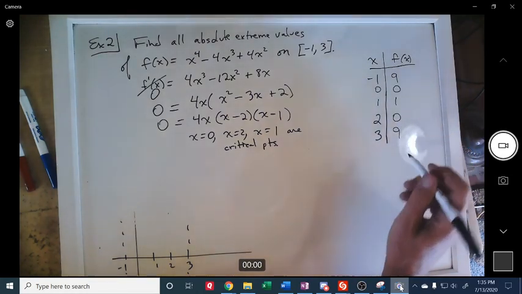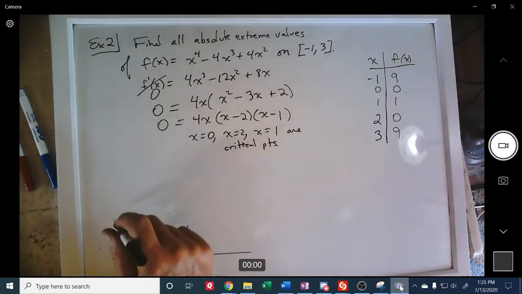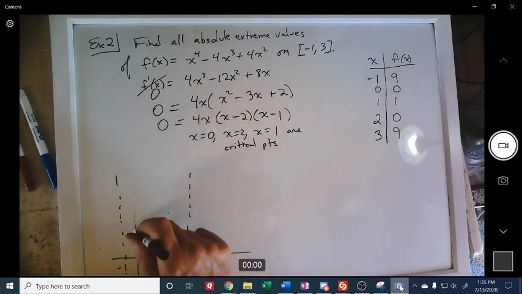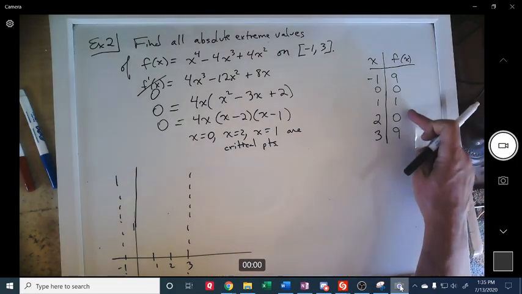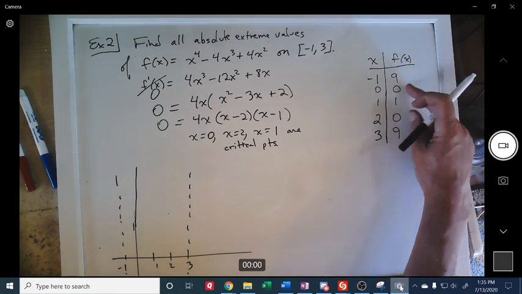It's 3, I get 9. So all I really need to do is pick the smallest output. There's two that are tied for the smallest. So the absolute min